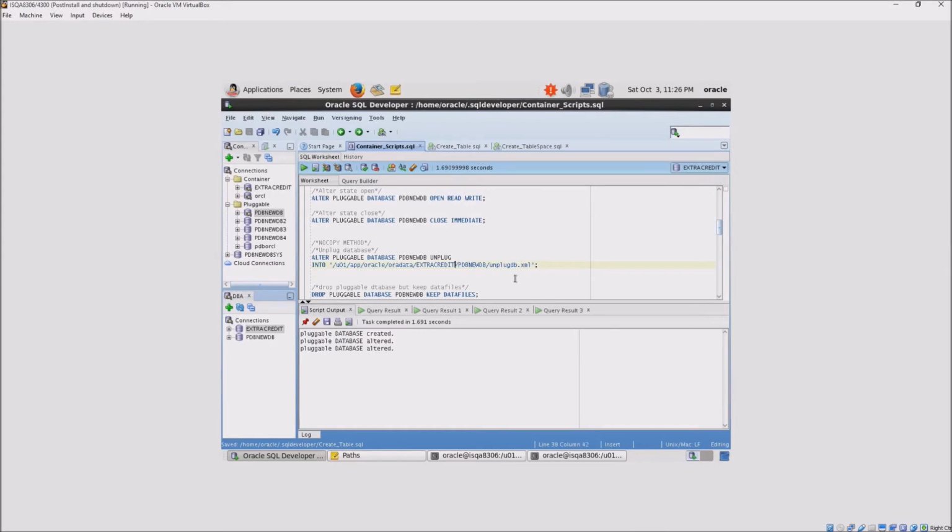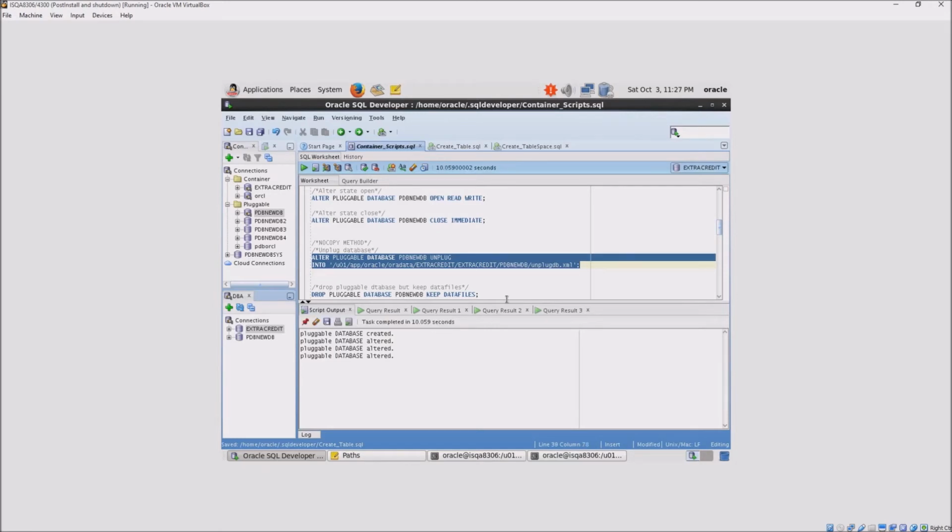Now, as we recall here, we had this nested extra credit directory, so we'll just go ahead and add that in here. And we're going to unplug this database into this unplug db.xml file. So I'm going to go ahead and issue this command. It'll just take a second. And really what this is doing is it's removing this database